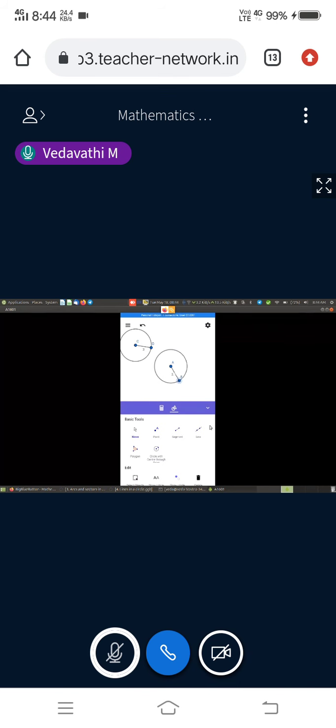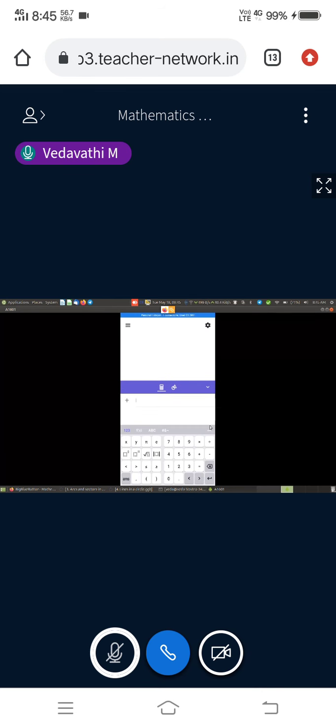Similarly, we have used the toolbar. When you come to the right side, there is a small mobile kind of logo. We call this the algebraic plane in the mobile phone. So now I can construct. I'll just remove all this. I'll clear this. I don't want to save it.